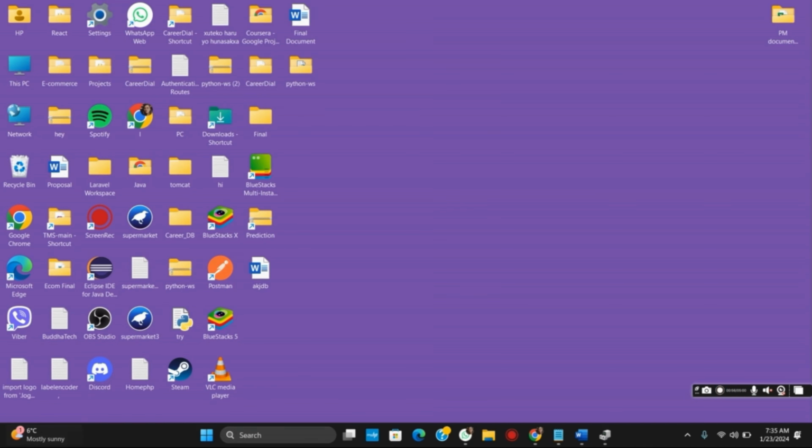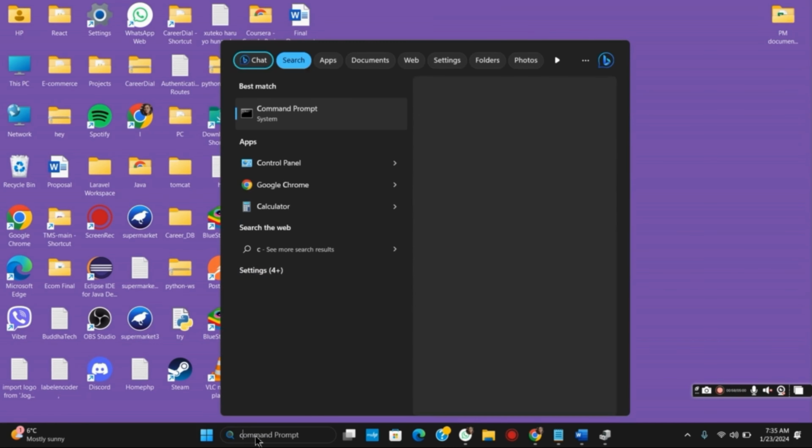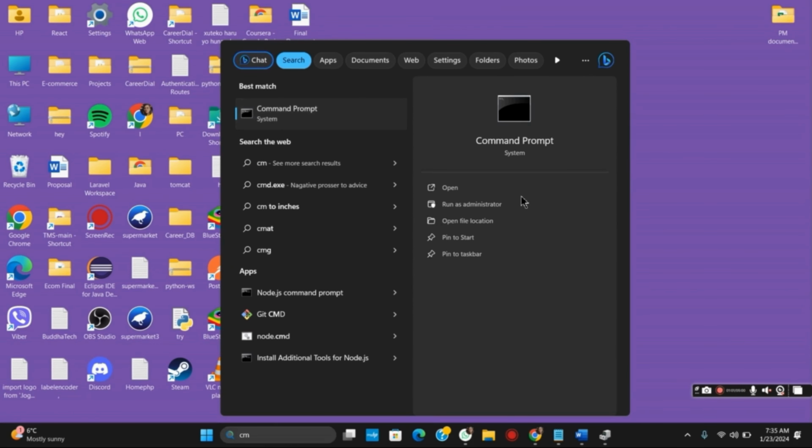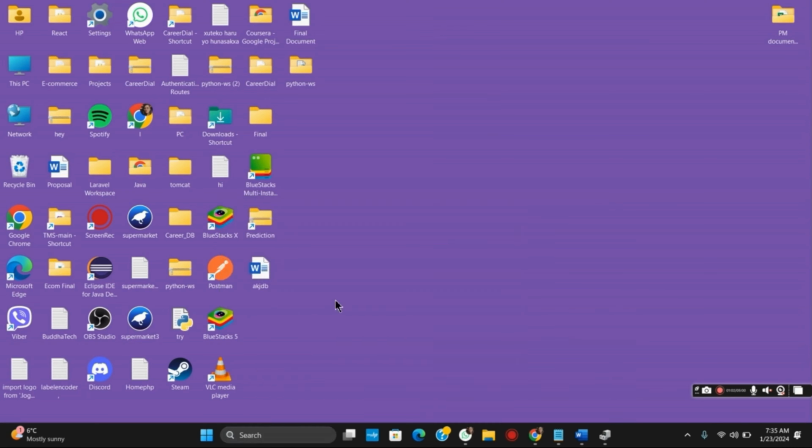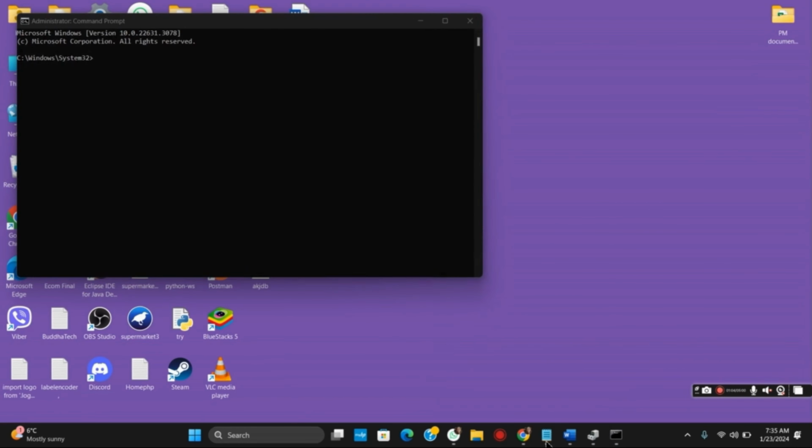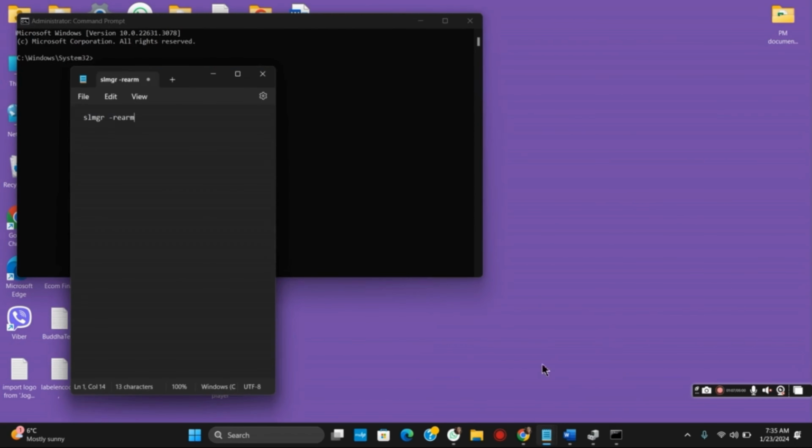So for that, you need to open your command prompt, which will re-register your key and refresh the key management. Once you have opened the command prompt, make sure to run it as administrator and run the command slmgr -rearm and hit the enter